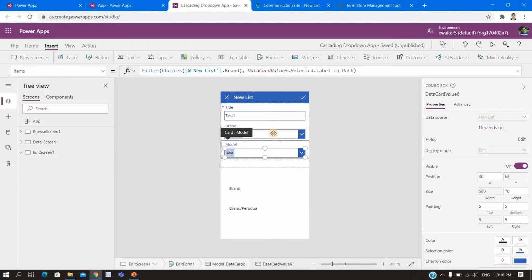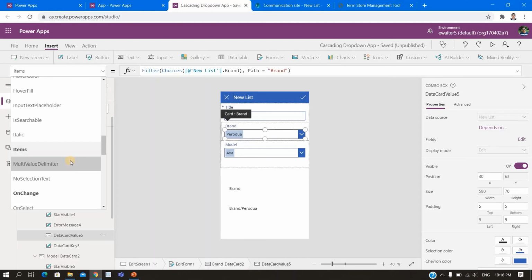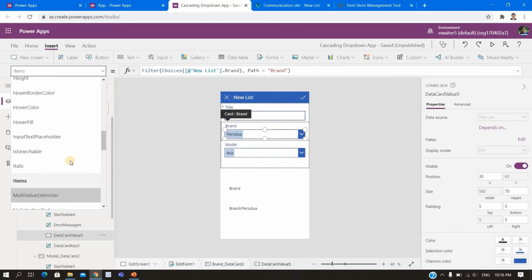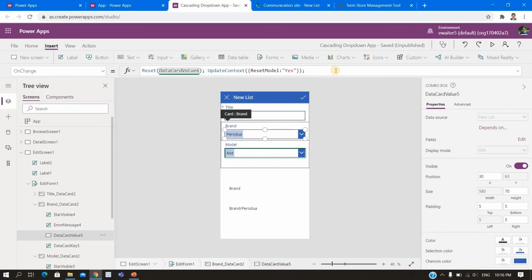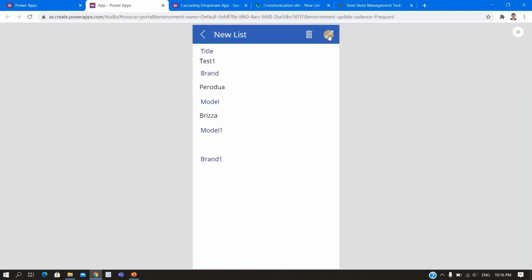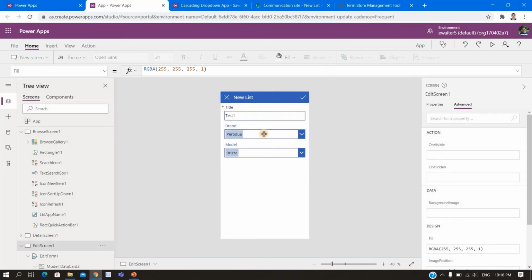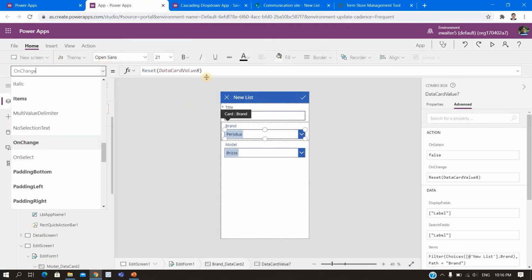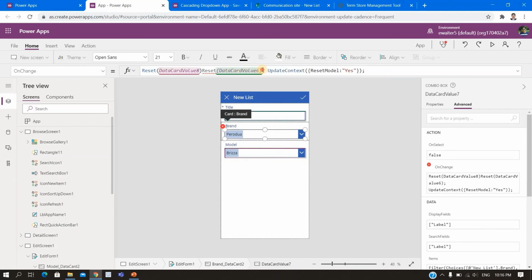So for that matter, what I have done is, on the on change event, I have created one variable, so reset is already there.